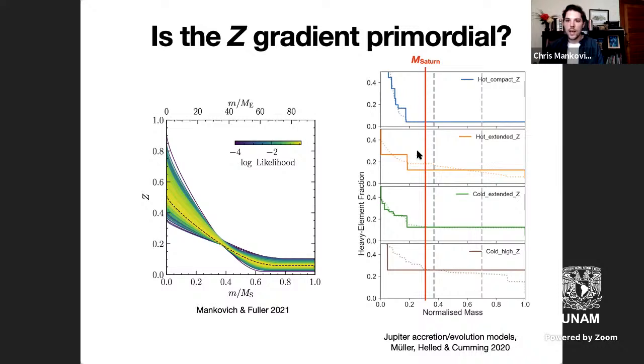It's unclear whether for Saturn you could produce a structure like this just based on the accretion process and the cooling that follows. And like I mentioned earlier, part of the problem is that the cooling of the planet drives convection that can kind of erase parts of that gradient. And so it's not clear whether or not the profile that we're seeing is primordial, that is just a product of the formation process, but it might be.